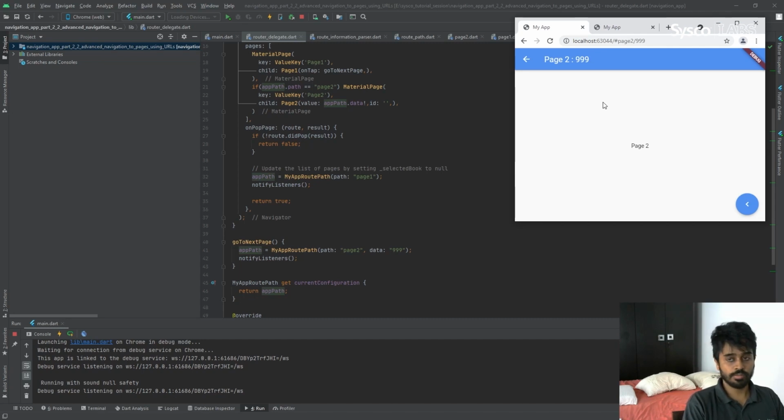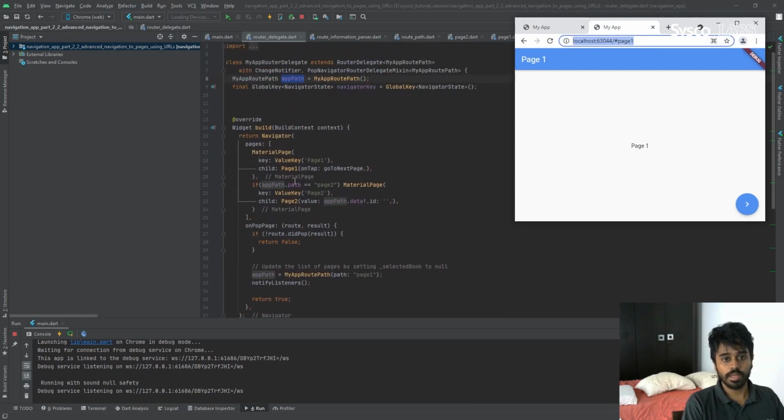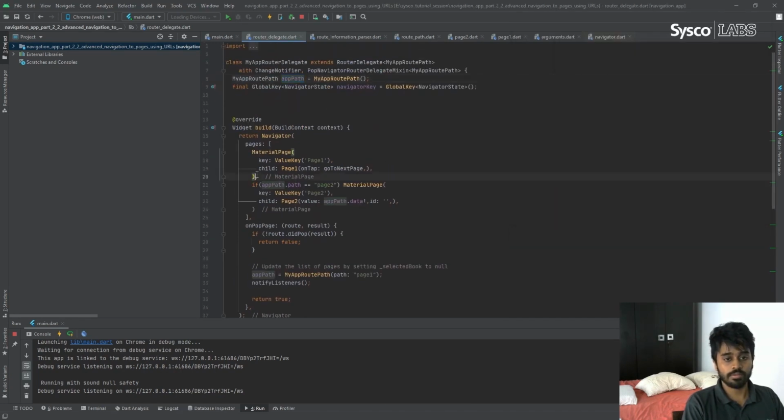Some people call this deep linking also. So if you want to share the URL and to have this application in the same state, then you can use Navigator 2.0, since you can manage the stack of routes the way you want.